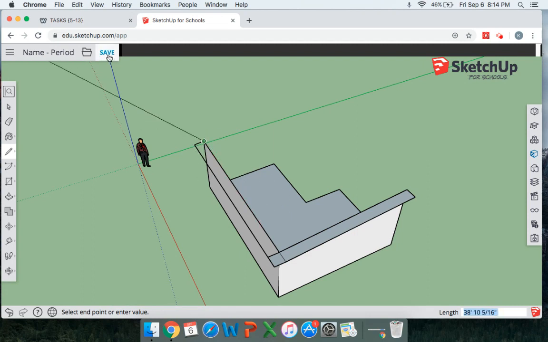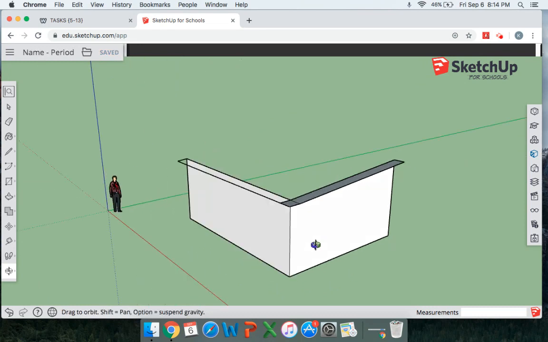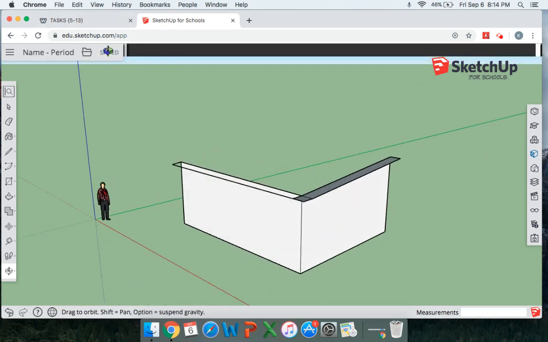So make sure you press save very frequently. I didn't do it right now because I was just kind of teaching you, but as you go through your model, please make sure you press save, because if you don't, you have the potential of losing